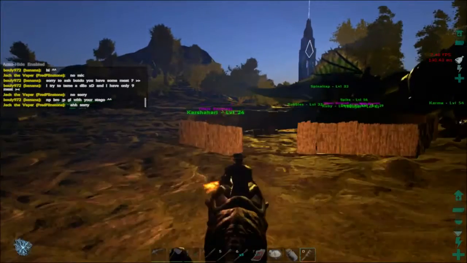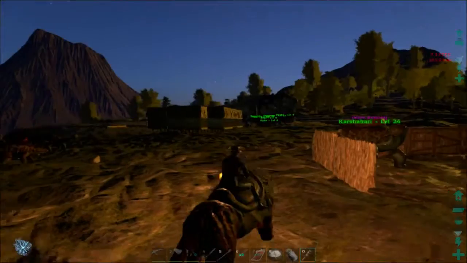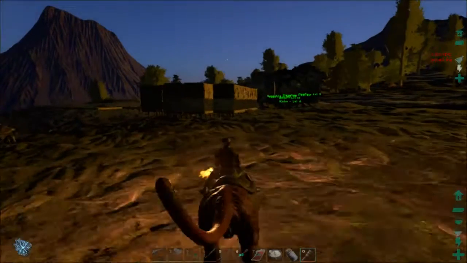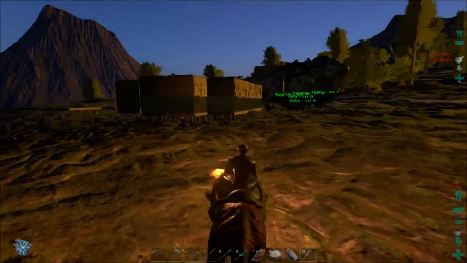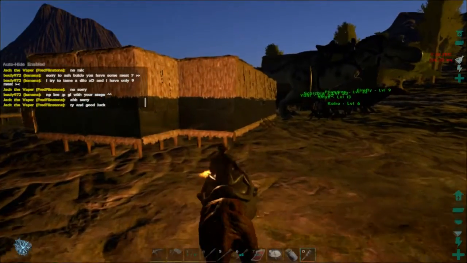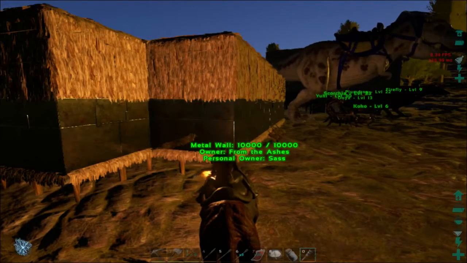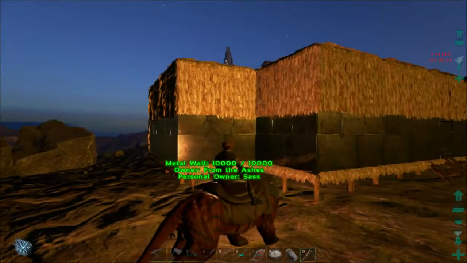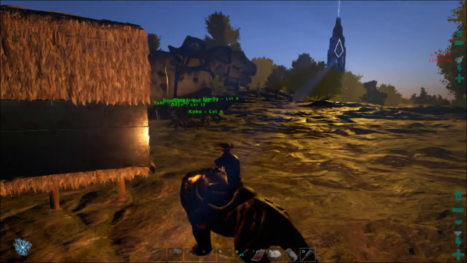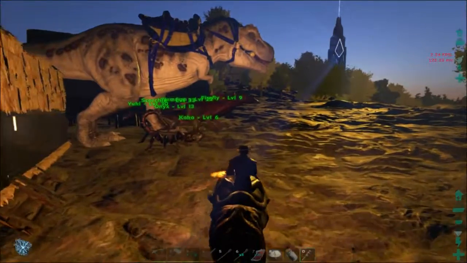So as mentioned, our Spinosaur has a saddle now, so you can see that on Spinal Tap's glow-in-the-dark fins there. We've got all of our pets here. We've started making this wall even more metal. This building is going to be all metal, and the other building is probably going to be stone. But we've got to wait for them to add in the stone tier,